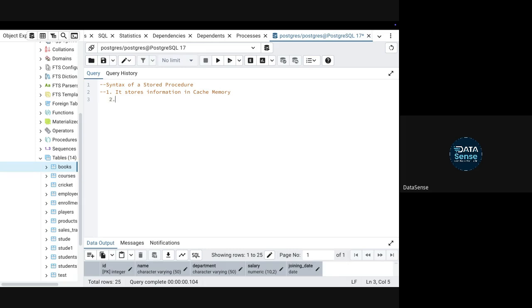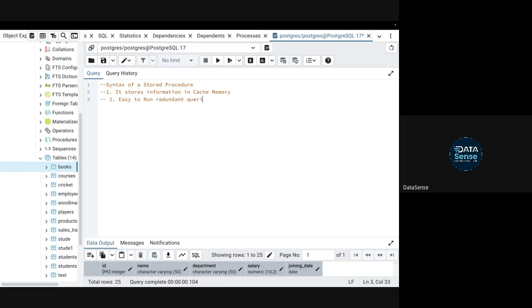Second, it is easy to write and run redundant queries.